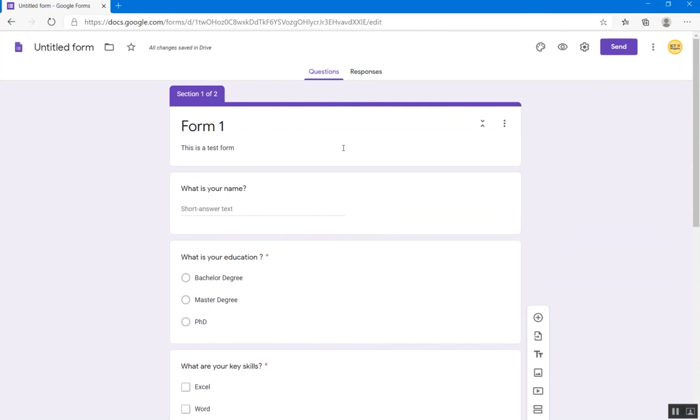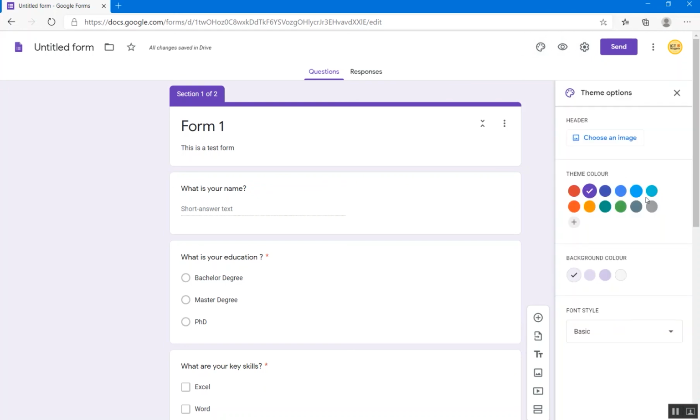For example, we have created our form like that, and after that what we can do is we can go up here. We have 3 options. Let's go through these options one by one. The first is customize theme. If I click on this, from here I can change color. You see the new color has been applied. I can go back to this color, can select any other color, maybe this color, and can also change the